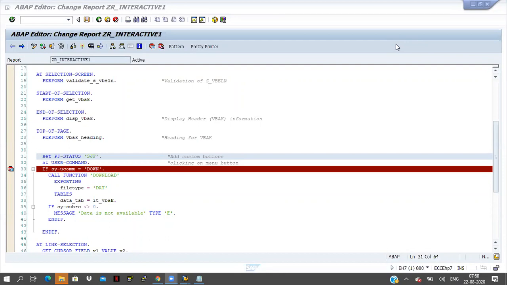Start-of-selection is the correct answer. So even if I am not using any event, the system will trigger one default event, that is START-OF-SELECTION. Initialization is for giving default values; it is the first event that triggers.